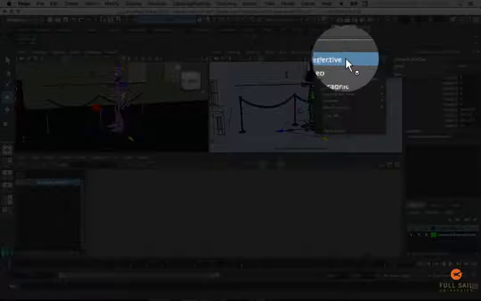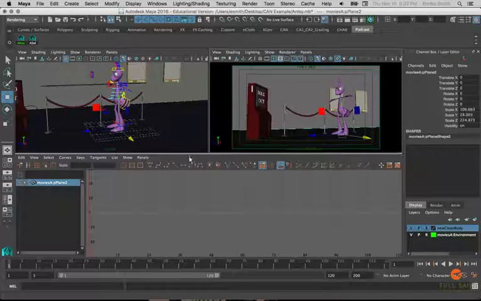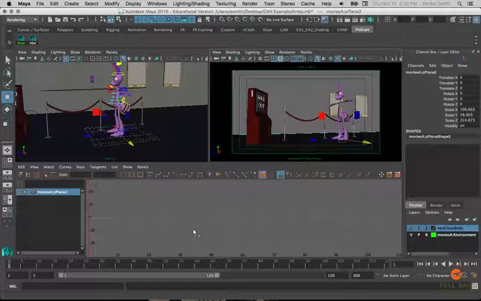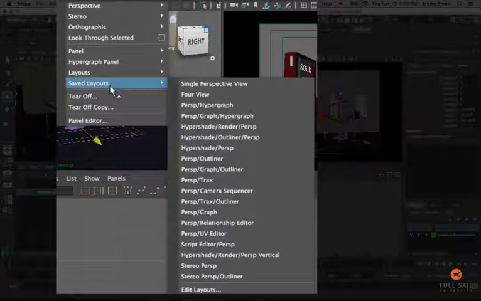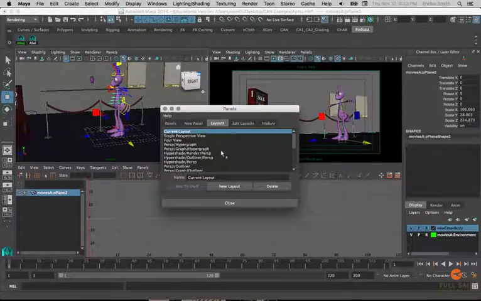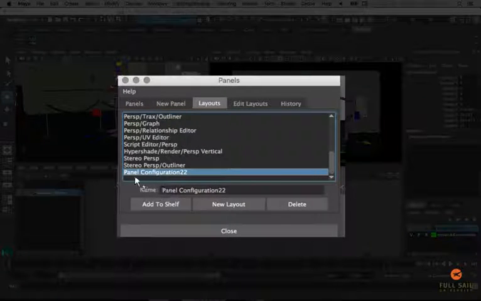So I'm going to come over here to Perspective and take my shot cam. And that's going to be the shot we're looking at for our staging. And obviously we want to have this as our graph editor. Now you may find you want to go ahead and save this so that you can quickly get back to it when necessary. And to do that, once again we're going to go up to Panels and go up to Save Layouts and Edit Layout. Now from here, just going to hit the New Layout button,